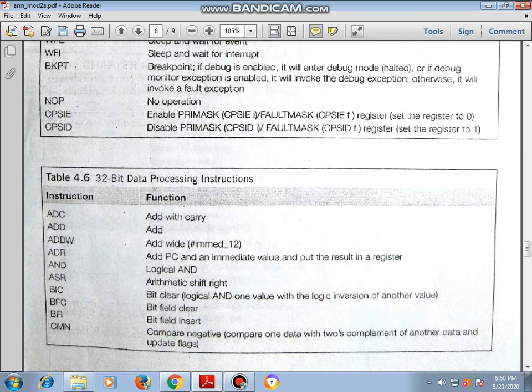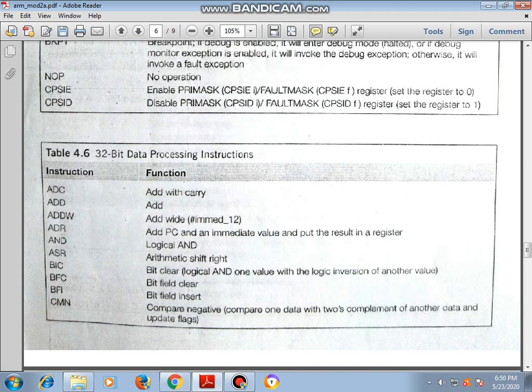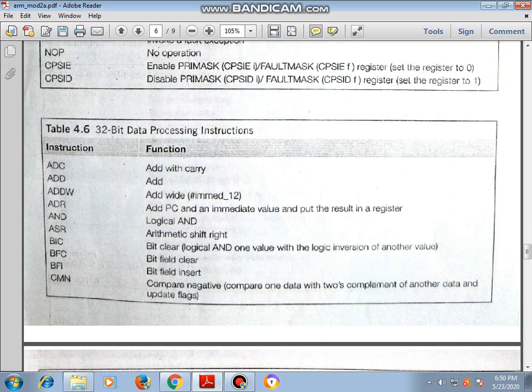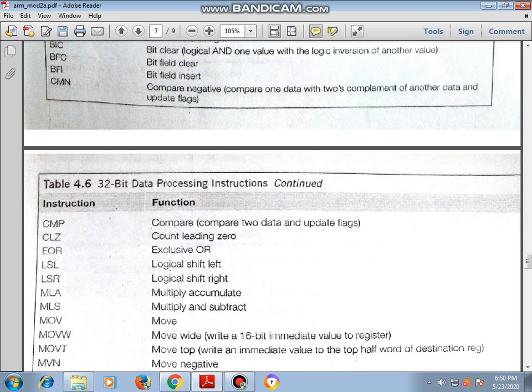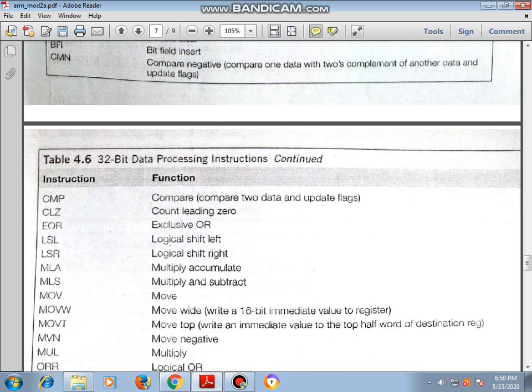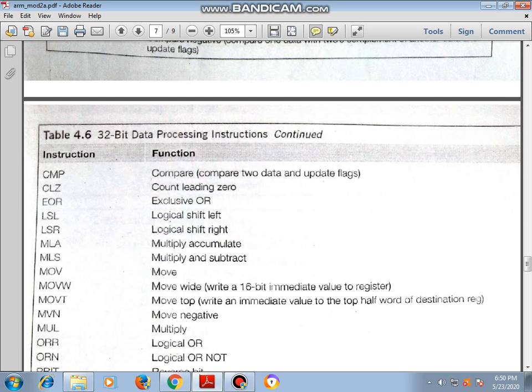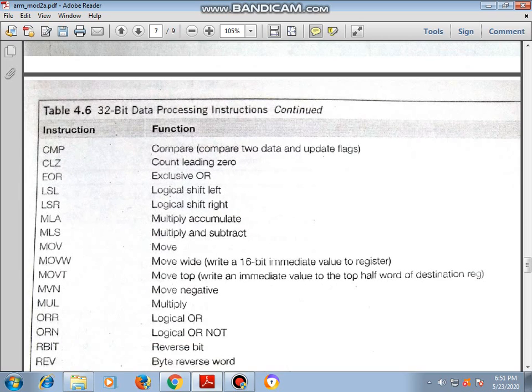Logical and arithmetic shift right, bit clear, bit field insert, compare negative, compare, exclusive OR, logical shift left, logical shift right, multiply accumulate, multiply and subtract, move wide, move top.